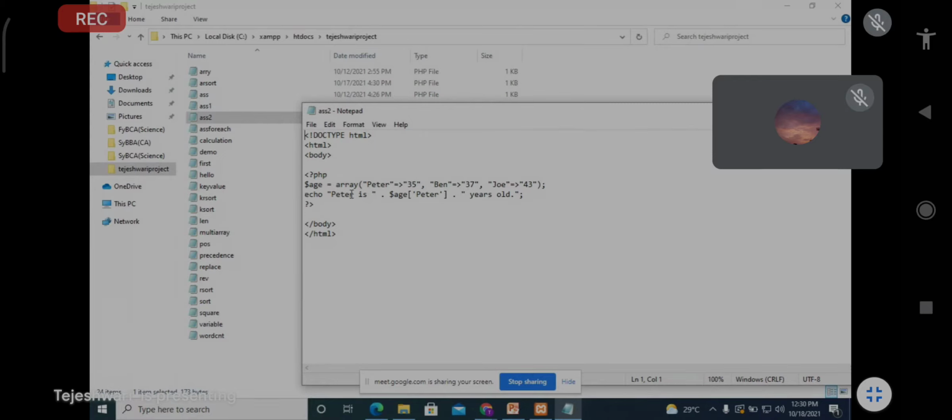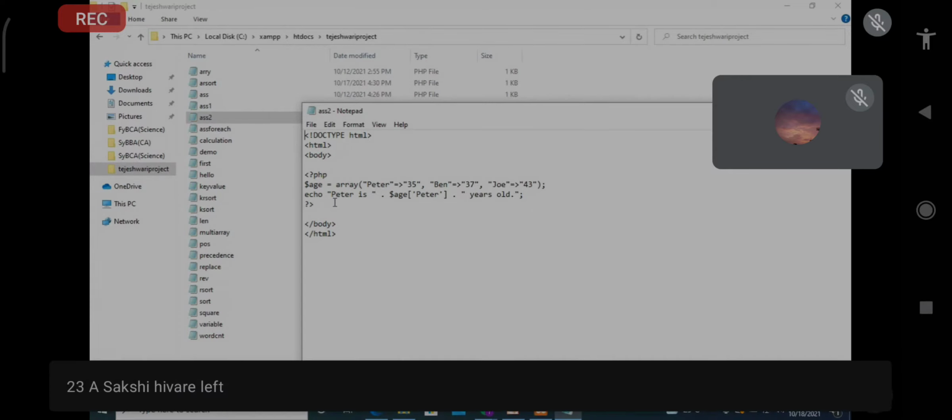You just declare one variable, and in that you pass one array. In that array you pass the key values, because this is associative. Peter is the key, 35 the value, Ben the key, 37 the value, Joe key and value.